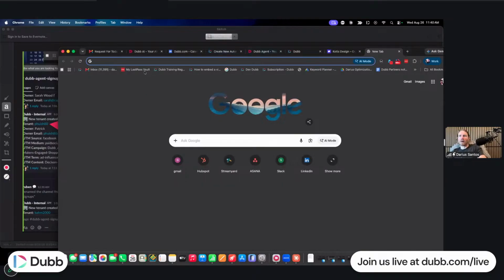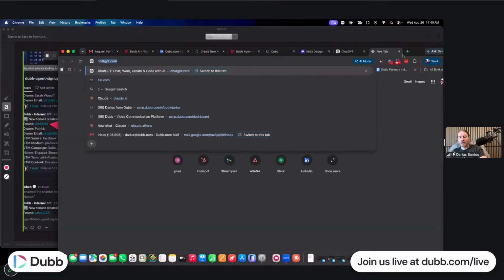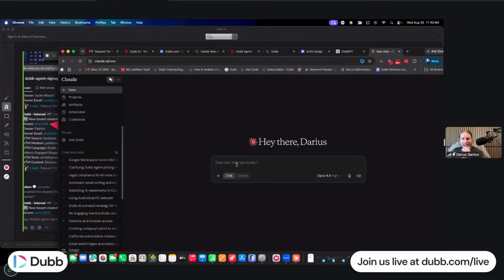Right. I'll show you guys something really quick because this is regular AI behavior with ChatGPT or Claude or any of them, including Dubb AI. If I paste a large body of text here, it's not going to show the full body of the text. It's going to condense it into like a little attachment thing. So that's standard operating procedure for basically all AI tools now. If you put in a giant body of text, like 1,000 characters or whatever, it's going to make it a little tiny attachment, like a little file.